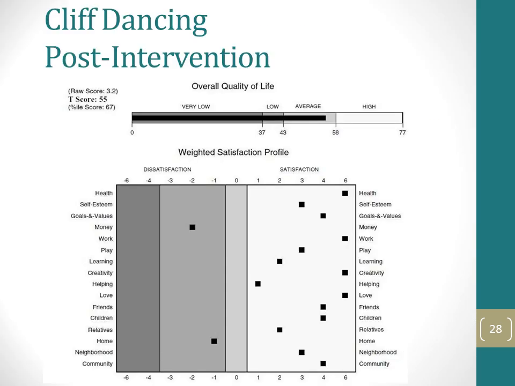So this is my hooray slide. Cliff Dancing did very well in her therapy and positive psychology coaching and intervention. Evidence-based interventions from my book, Quality of Life Therapy, moved Cliff Dancing into a more meaningful and satisfying life of contentment. You can see here she's in the average range, no longer at risk for problems in the trinity of happiness benefit, really enjoying her life, thriving and flourishing, which we like to say, because positive psychology is really about